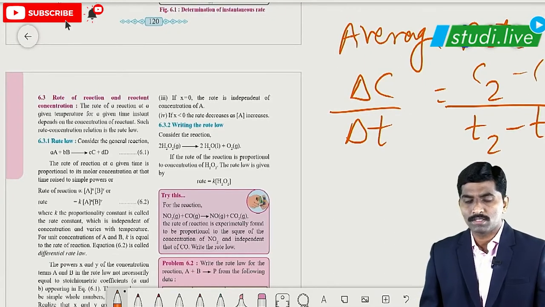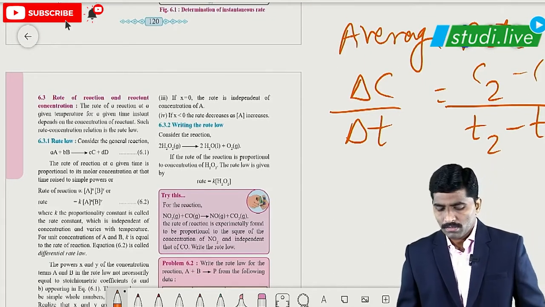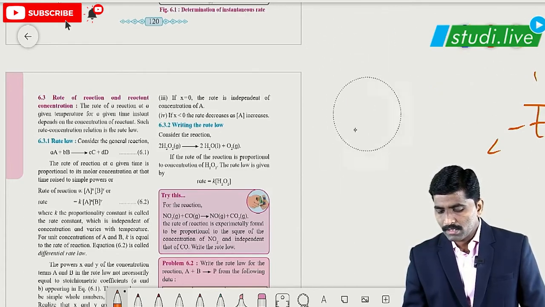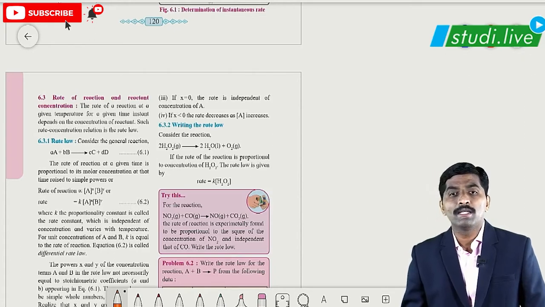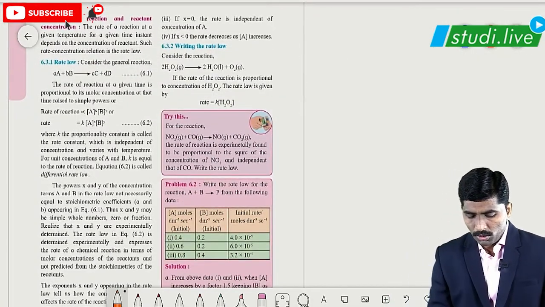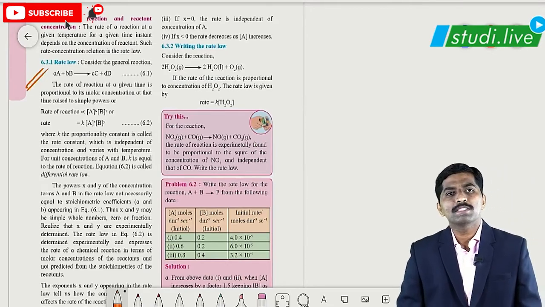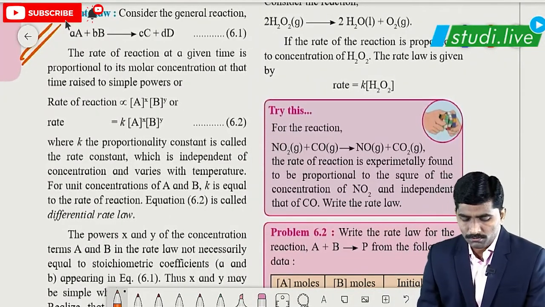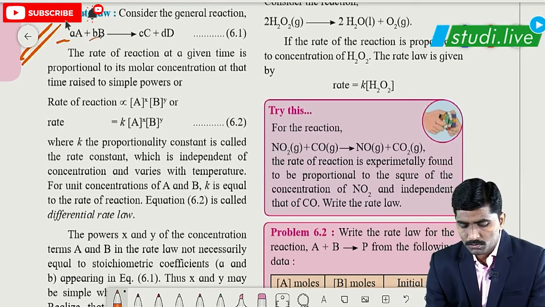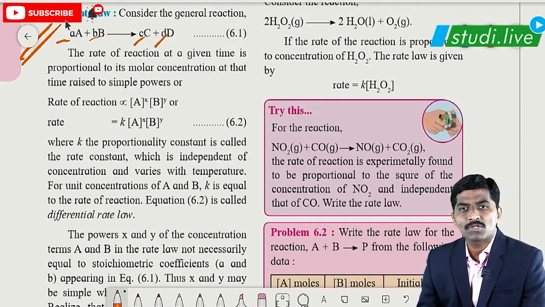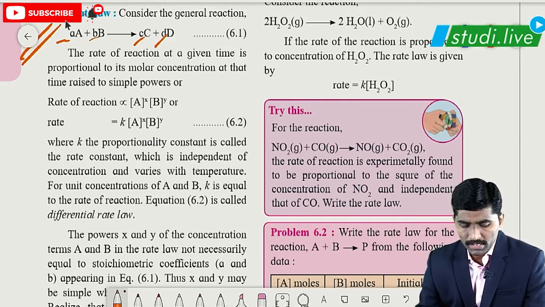The very first one was differential rate, which is also called instantaneous rate, whereas instantaneous rate or differential rate is quite difficult to measure, hence we express it as average rate. The next is rate law, this concept. What is rate law? As you can see over here, we have formed a mathematical equation for which small a, small b, small c and small d represent what? They represent stoichiometric coefficients of a given reaction.